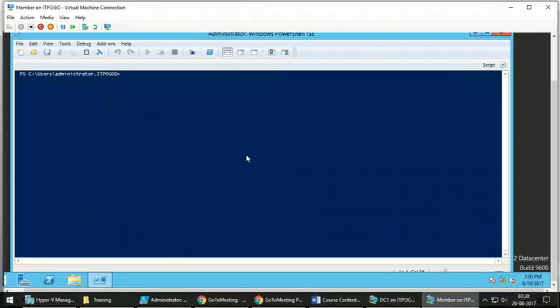to connect to a remote computer using PowerShell, the command is Enter-PSSession, and here you can provide the computer name as DC1.